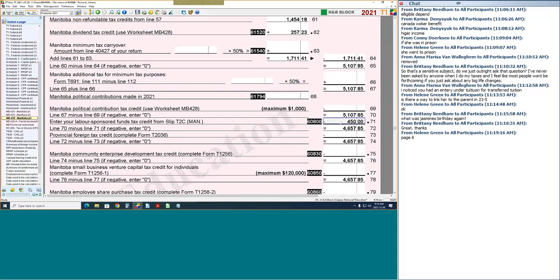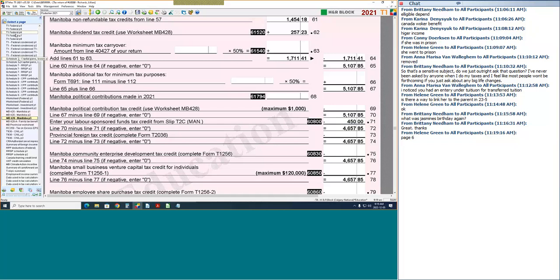And if you remember, we have an LSVCC on page 3, line 60800, which should give us a credit of 450. The computer did the calculation for you. If you don't remember how to do that calculation, this is one where you can generally trust the computer. It should match what is on the T2C slip, which is the type of slip you're going to get in Manitoba for an LSVCC. And then, even though it's a provincial type of amount, we're going to go to the